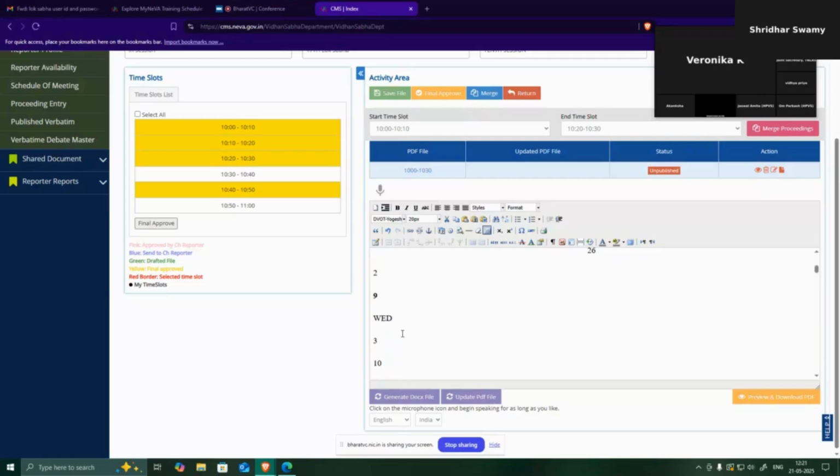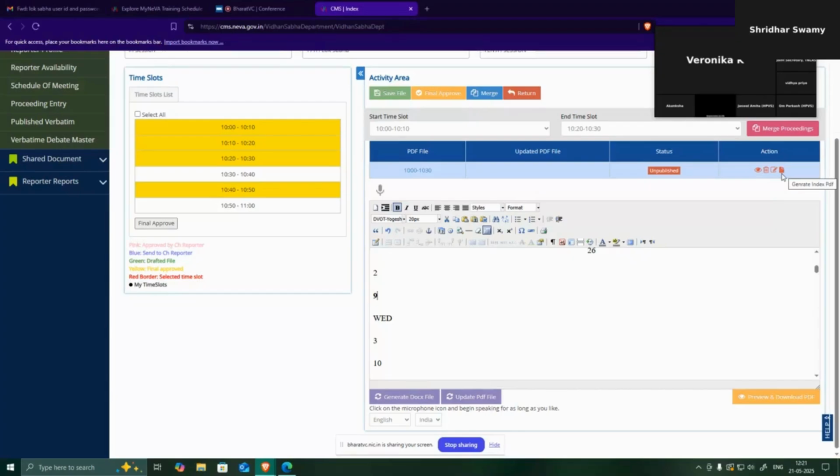If he wants to add or update anything in this particular time slot, he can add it here. If he wants to delete this PDF or the merge file of the particular time slot, he can also delete it. And if some states don't want to upload the PDF of the house proceedings in the index PDF for the uncorrected video publisher,